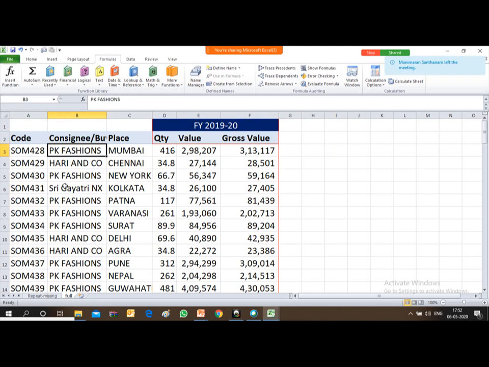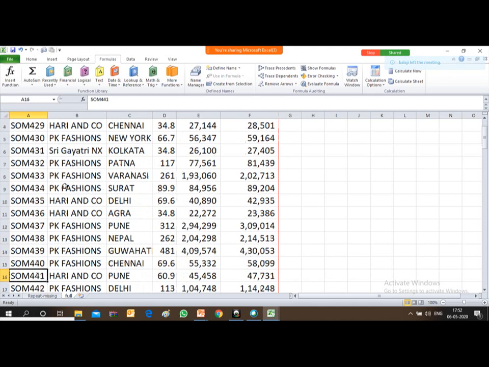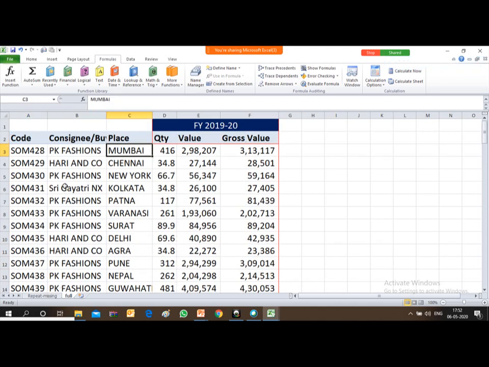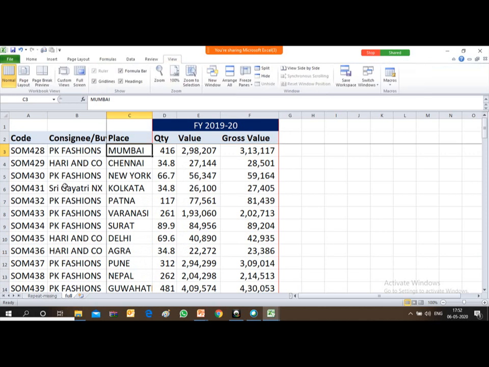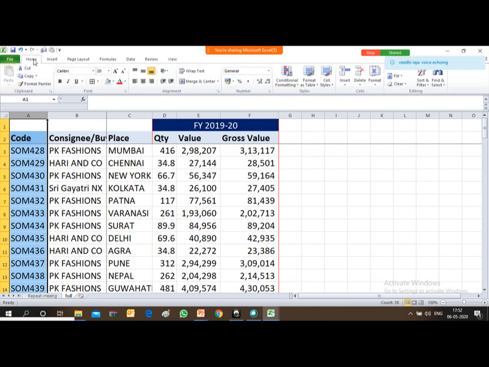So in this file, friends, the same codes are appearing over here. I just need to make sure that there is no duplicacy of the codes, no duplicacy of the data. How can you verify whether duplicate data or codes are appearing? We have already covered this under conditional formatting in the last session or last to last session.